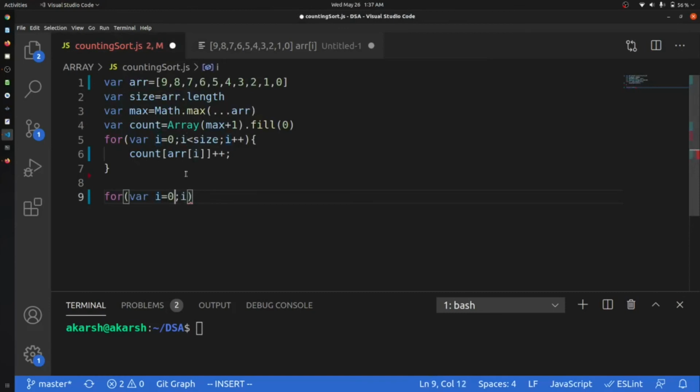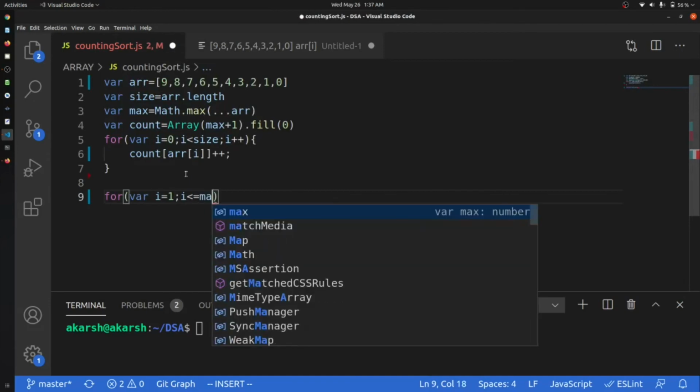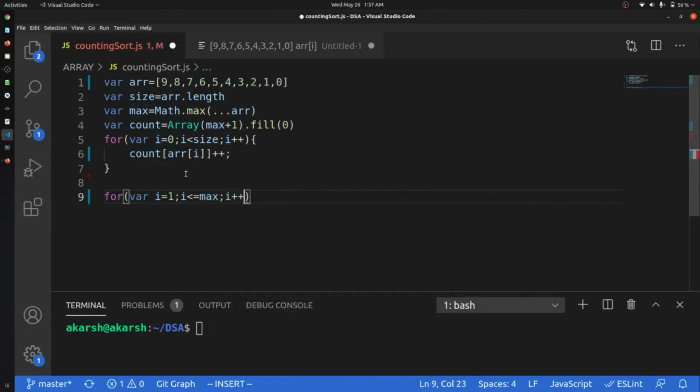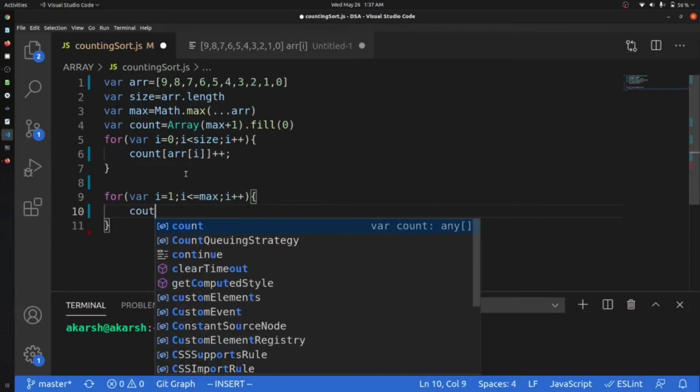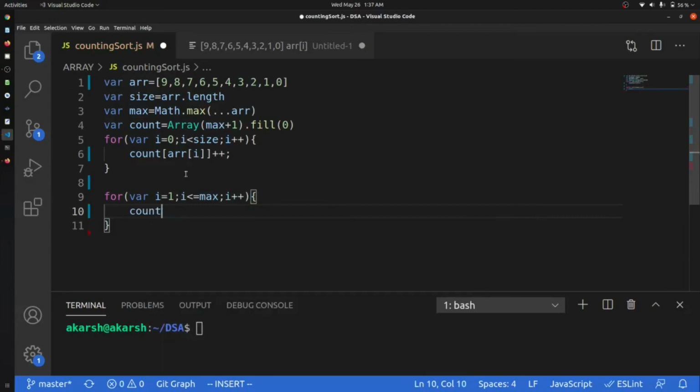So we'll start everything from 1, and this will go to max, and i plus plus. Now we'll say that count at i plus is equal to count at i minus 1. So this will find the complementary for our array.